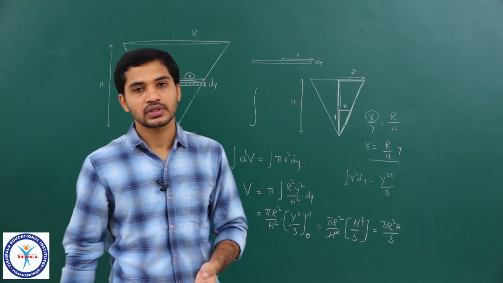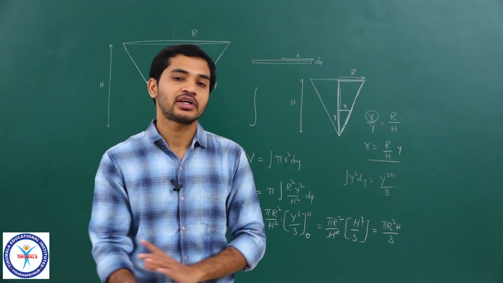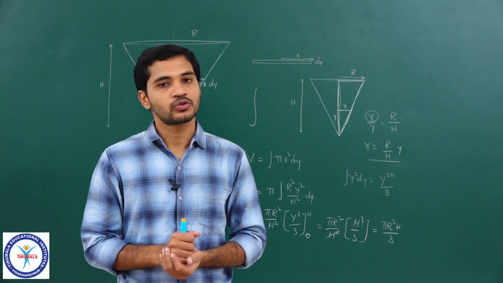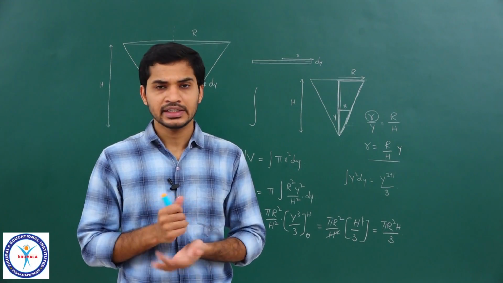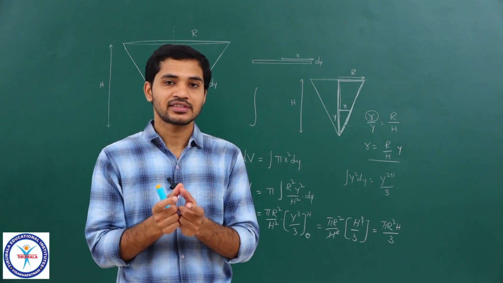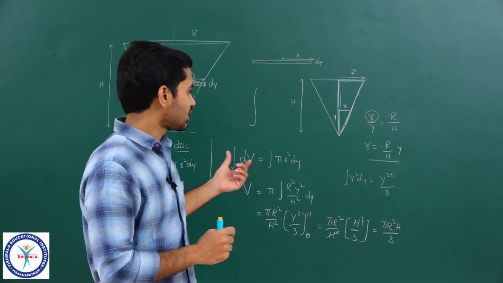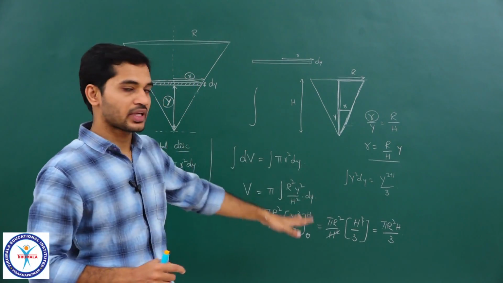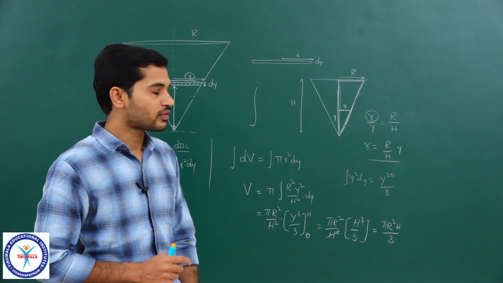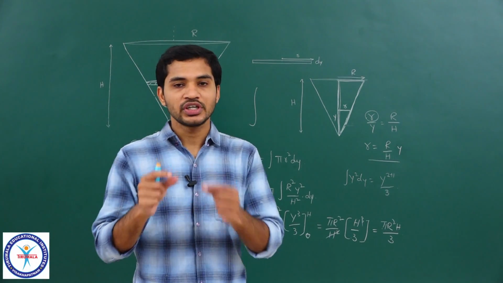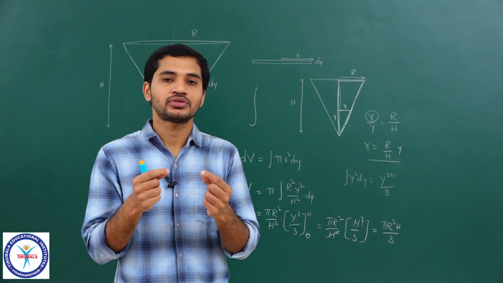So most of the formulae which you would have known earlier in your lower classes, all of those could be derived by using integration, clear? So all of them have a reason why it is like that. They are not just random formulae. Each and everything has a reason, has a calculus way of approach to derive, right? But the only thing is that we need to know what is the small element I should start with.